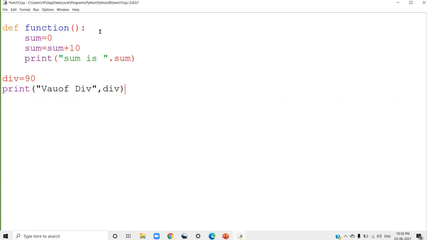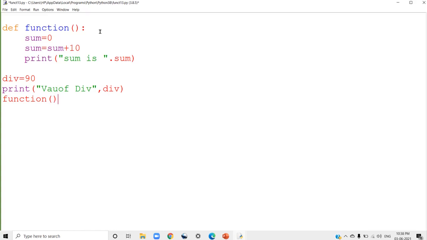It's just displaying that value, and I'm calling the function. So in this example, sum is a local variable, and below, in the main part of the program, I use the variable div. Div is a global variable, sum is a local variable.